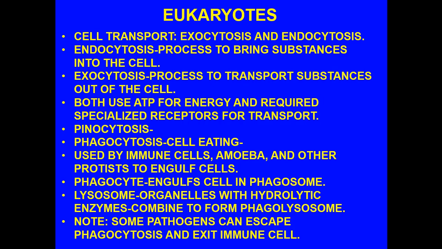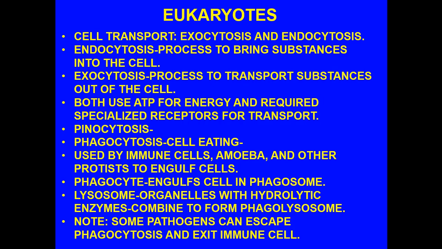Now, a lysosome is an organelle that contains hydrolytic enzymes. In other words, enzymes that break down substances, proteins to amino acids, lipids to fatty acids, polysaccharides into monosaccharides. What happens with certain phagosomes is that the lysosome will be fused to it, making a phagolysosome. When this happens, you will basically break down whatever is trapped inside the phagosome into its basic substances. Those substances then may either be expelled from the cell or reused.